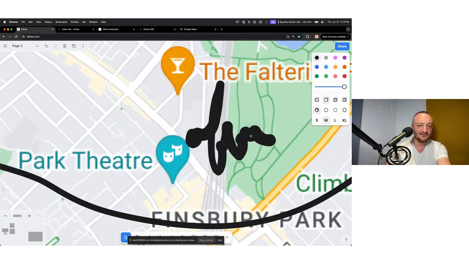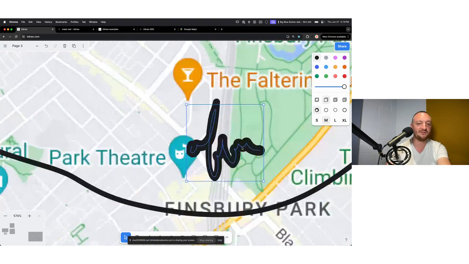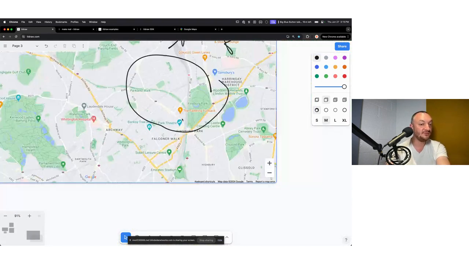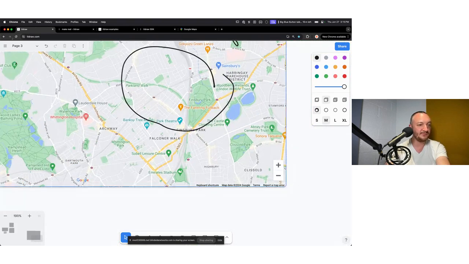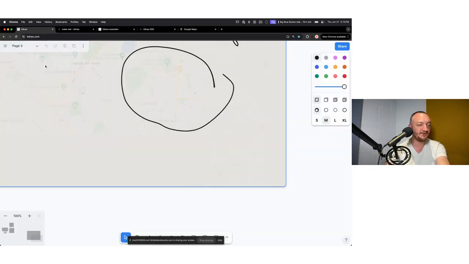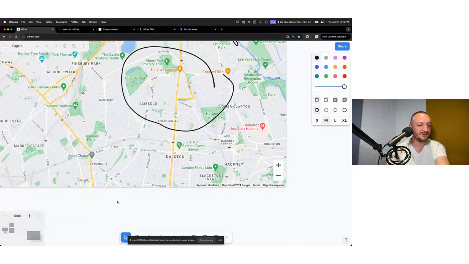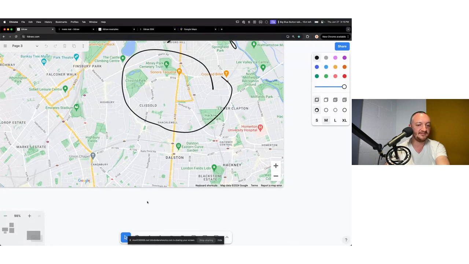But of course, my ink is really big because I'm zoomed in. It's sort of like our eye is very close to the canvas. What we can do is use this new dynamic size feature. Let me bring it back. Our new dynamic size feature right here. And what dynamic size will do is it'll adjust the size and scale of the shapes that we make to match the